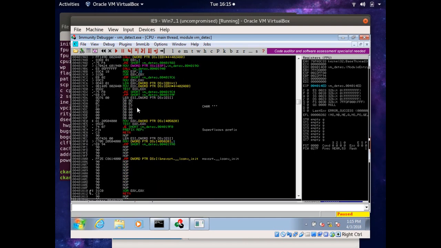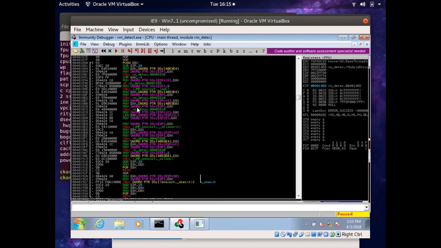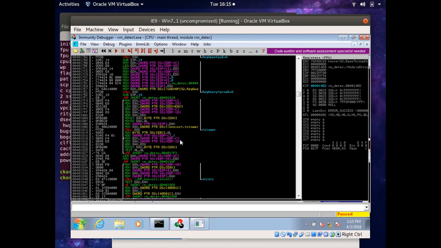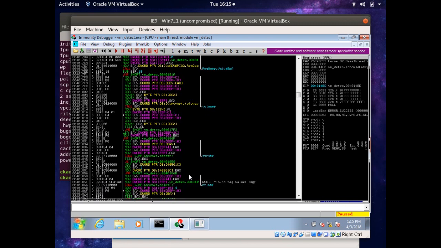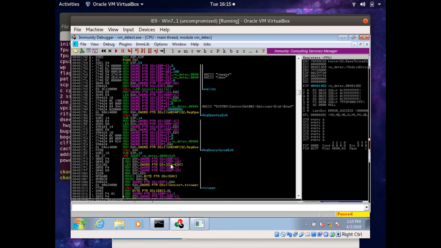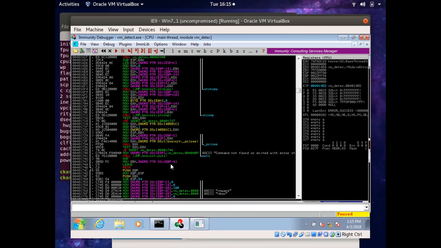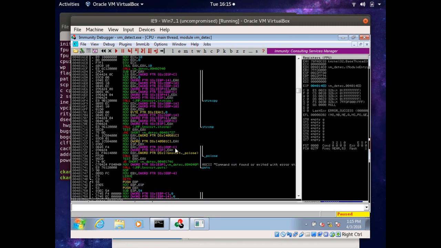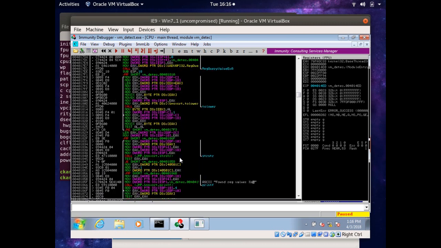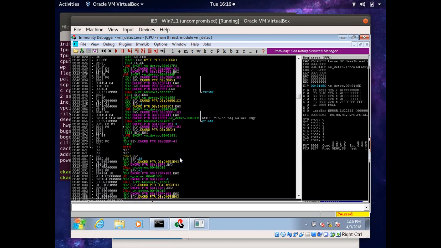So anyway, I believe that what ends up happening is eventually it gets up here. So there's your tolower call, and then there's the strstr call, so the string comparison call. Here's the found registry value string, where it outputs what registry value it found, that's there as well. So all the code that is useful or interesting to us for doing these various tests is located around here, and I think also the